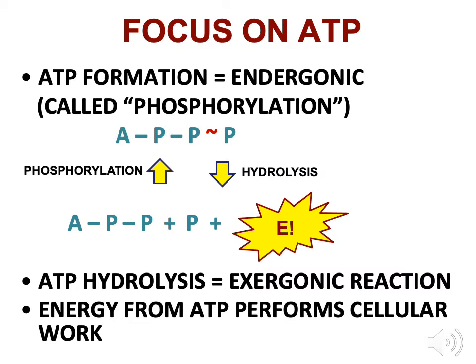All right, well, let's take a look at the diagram. I see ATP labeled there at the top, schematically as A, P, P, and then a squiggle, and a third P. So here's the basic idea: ATP is adenosine triphosphate. So the A stands for the adenosine. I've got 3 phosphates, but you'll notice the bond to the third phosphate is unique.